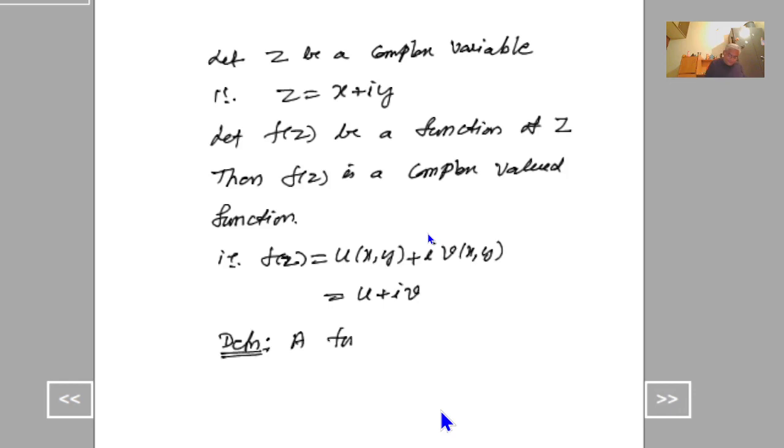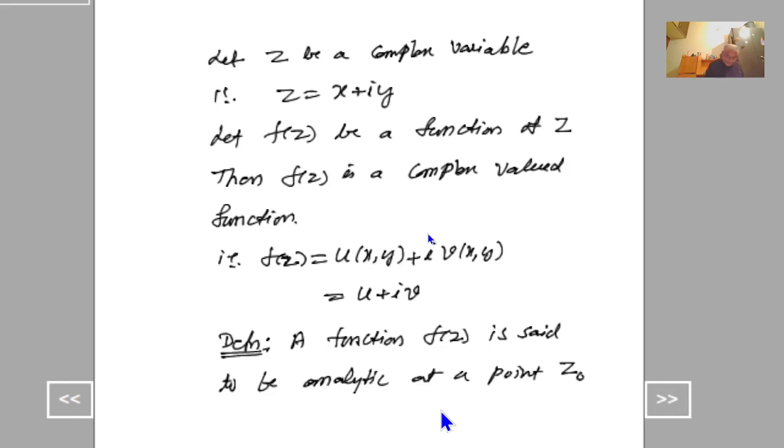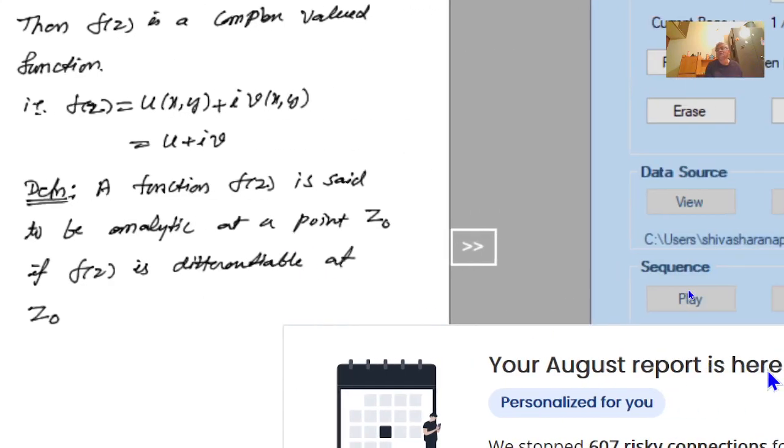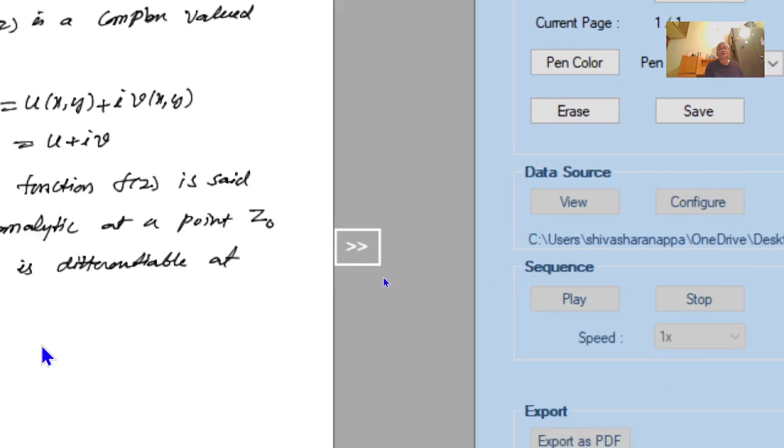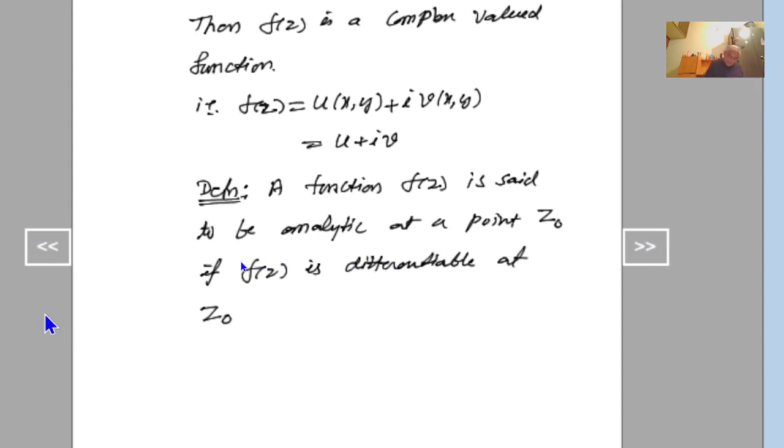That a function f of z is said to be analytic at a point, say z naught, if f of z is differentiable at z naught, and also at every point in some neighborhood of